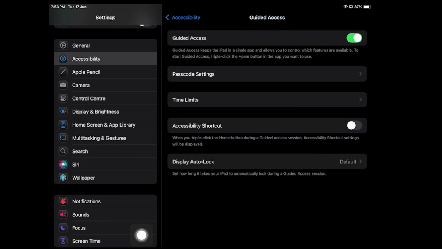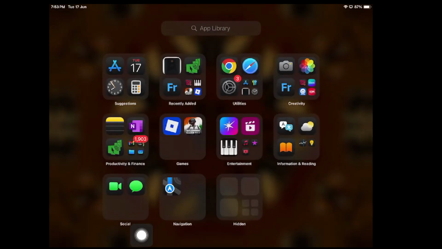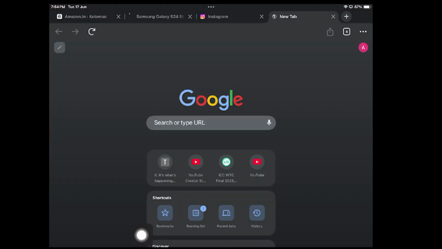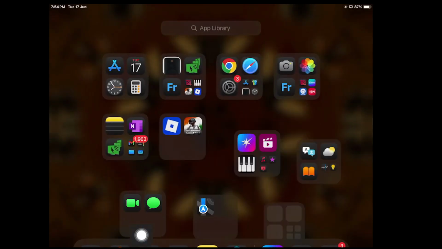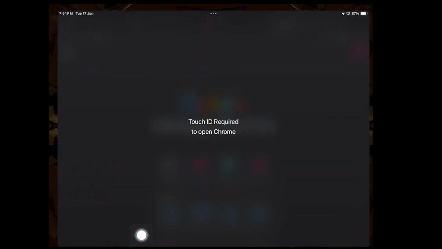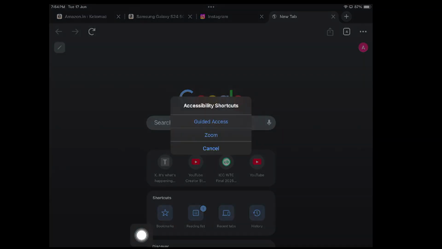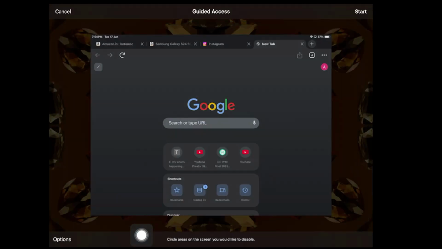Now to start a session, guys, open any desired application. I have opened my Chrome browser, and now just triple click, guys, or triple tap your home button. Let me do it again, guys. Triple tap, and this will come over here. This option will prompt, guys. Now just tap on guided access,